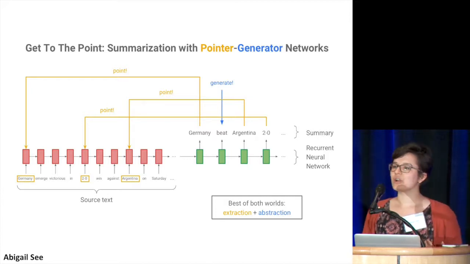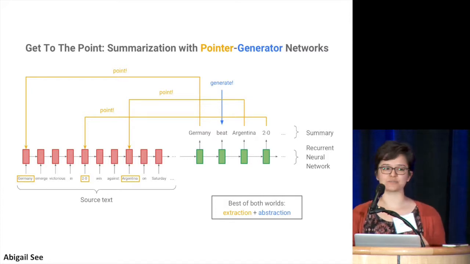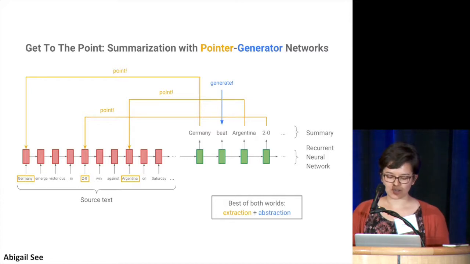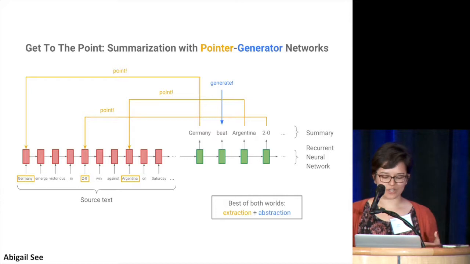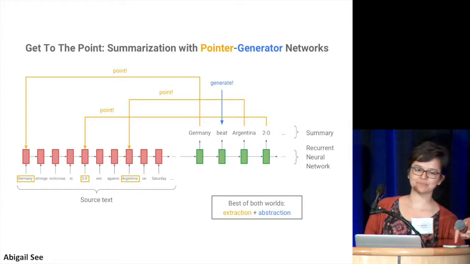So it turns out that if you want to write good summaries, you need to be able to do 2 things. You want to be able to copy words and phrases from the input, from the source text, but you also want to be able to generate new words and phrases so that you can paraphrase. So what we're trying to do here is use a recurrent neural network. That's the picture on the screen. We're trying to use a recurrent neural network to do both of those things. So our pointer generator network is able to both point to words in the source and therefore copy them, and generate new words. So if you come by our poster, you can find out how we do those 2 things and how we learn which one to do. Thank you.